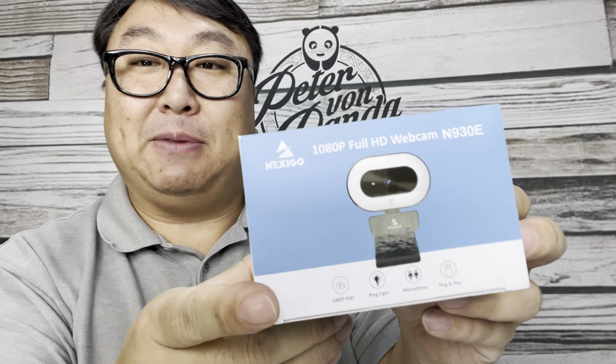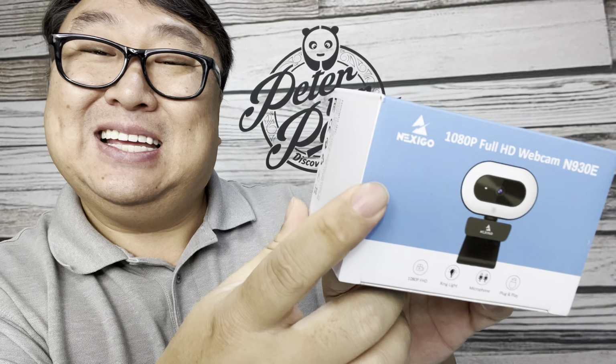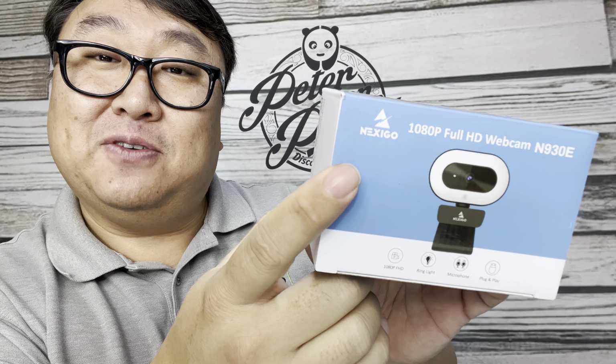I just picked up this webcam here. I don't know anything about it. It says NexiGo. It'd be funny if it were made in Mexico, but it just comes in this little box,